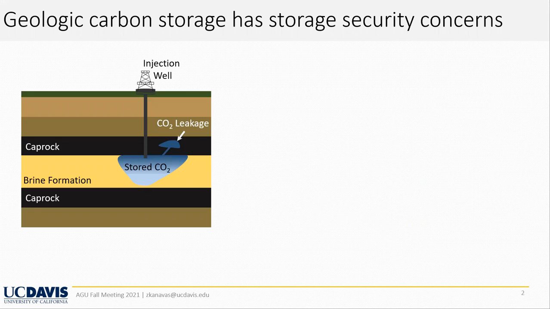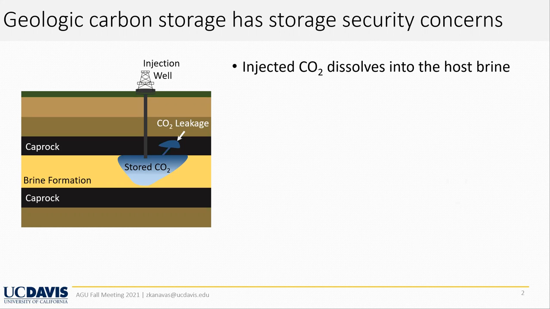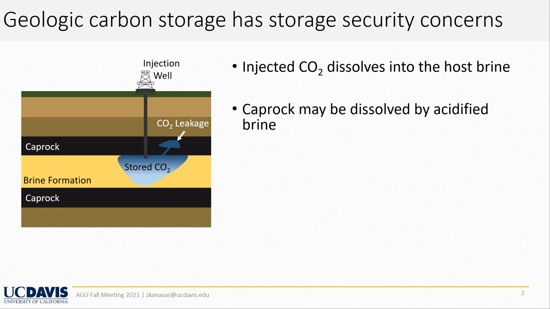A useful tool in reaching net zero emissions is carbon sequestration, the process of capturing and storing atmospheric carbon dioxide. One method to do so is geologic carbon storage, where we inject supercritical CO2 into a confined brine formation in the subsurface. One concern of this method is that the sealing cap rocks, typically carbonates, may be dissolved by the